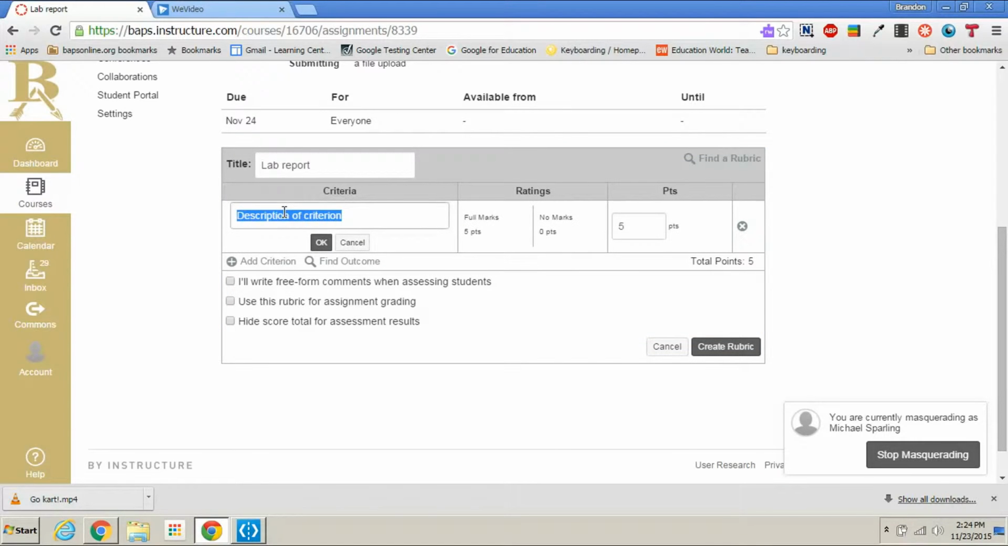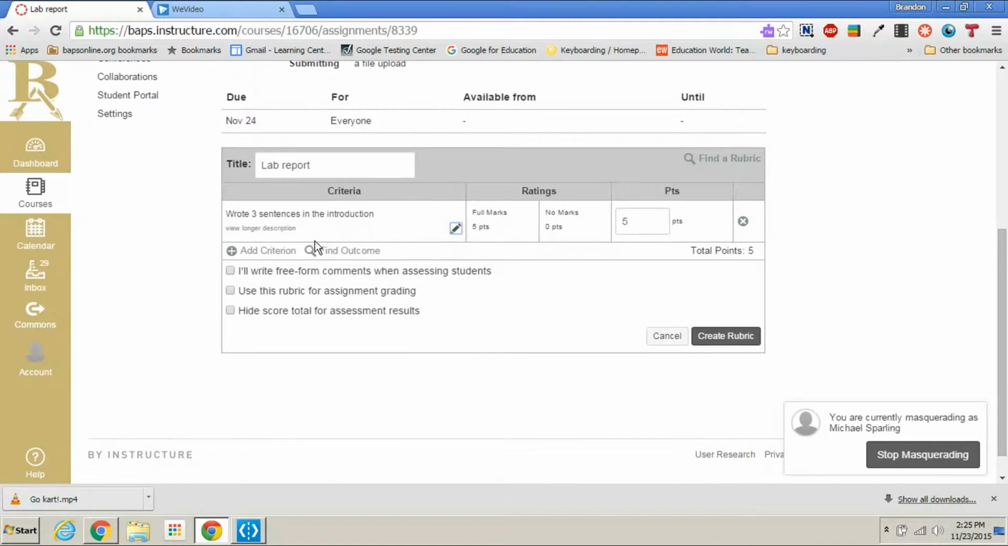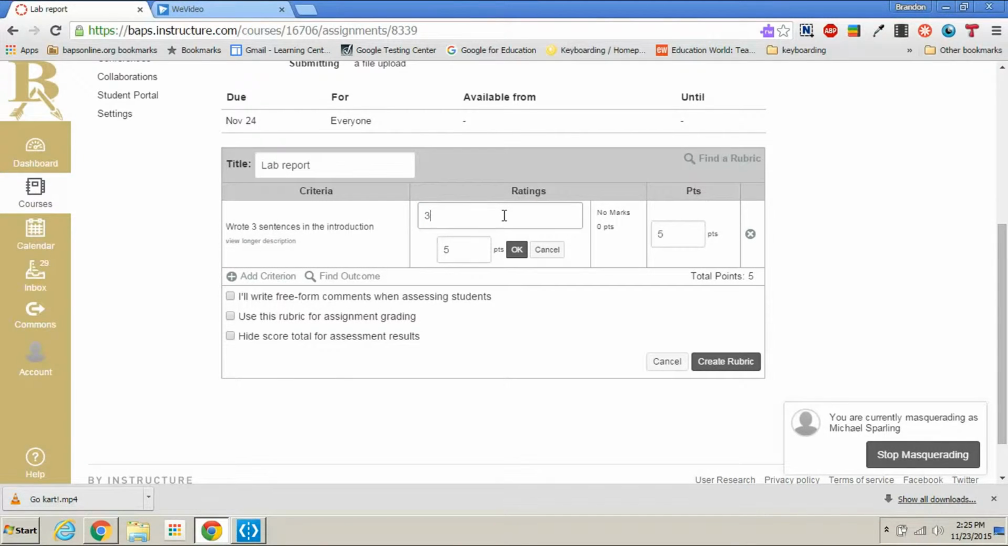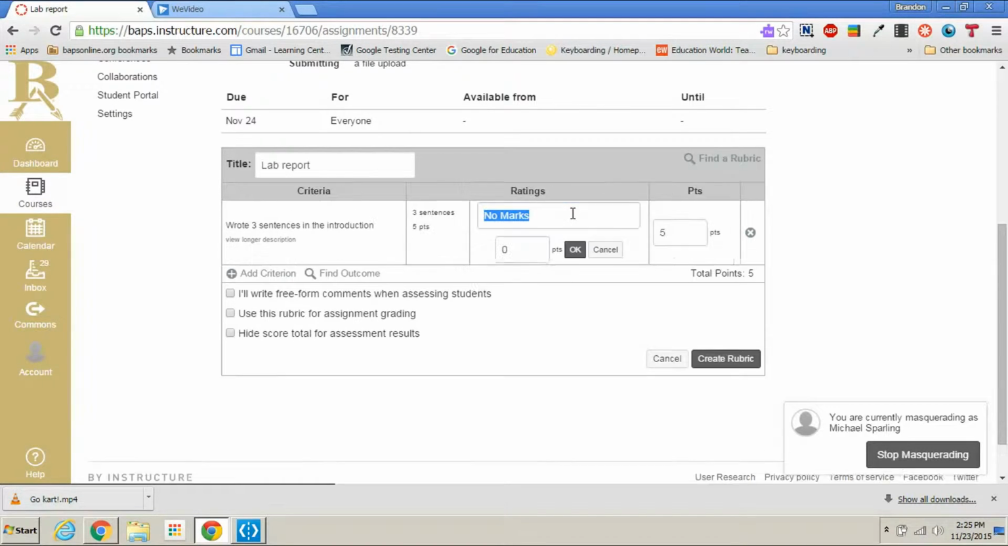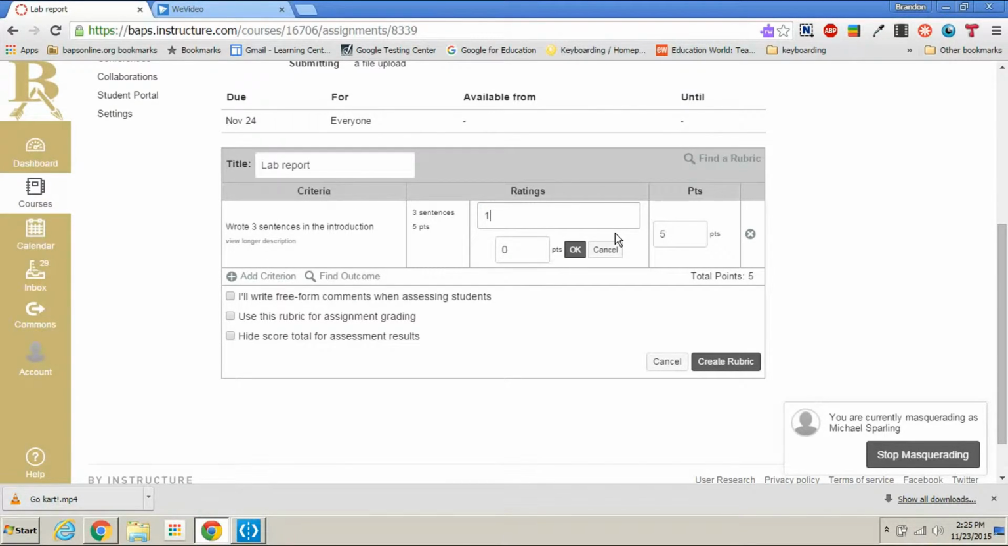So you can just click in here, and let's say that you type, wrote 3 sentences in the introduction. Okay, so now if I'm a student, I know that in my introduction, the expectation is 3 sentences. And then this is the rating. So here I could say 3 sentences, and then I can put down here 1 sentence,